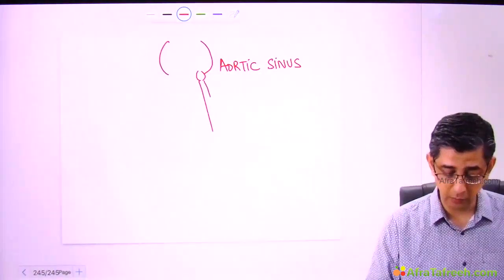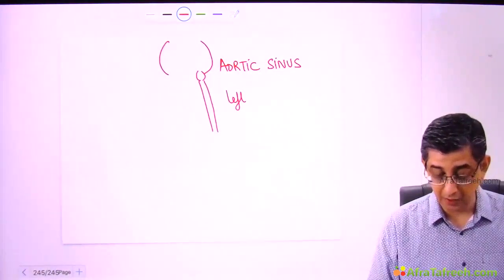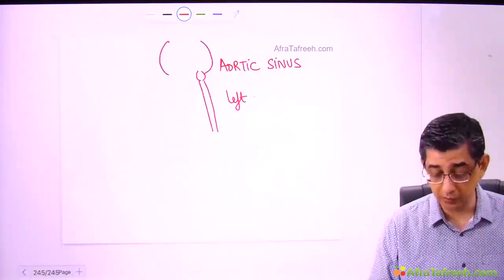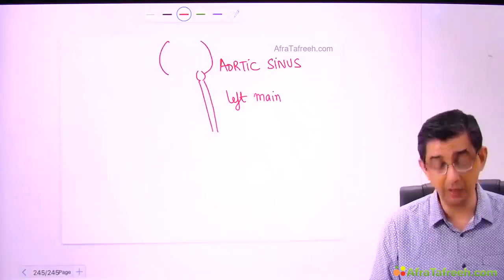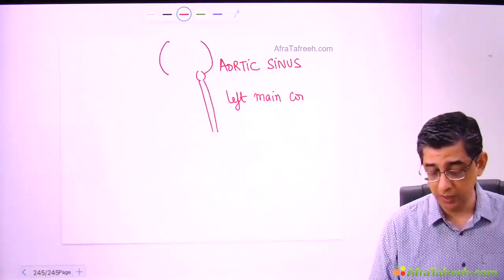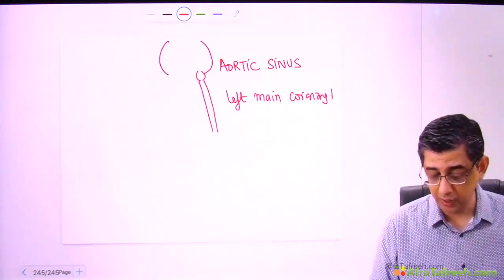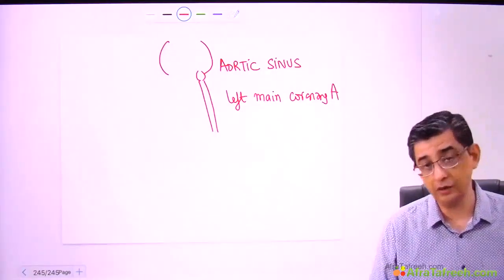The first blood vessel that I'm highlighting at the moment before you is so precious that if this blood vessel gets blocked, then most of the time the patient may not reach the hospital. He might die in the ambulance or even at home. This is the left main coronary artery, and a thrombus in this can be really lethal.